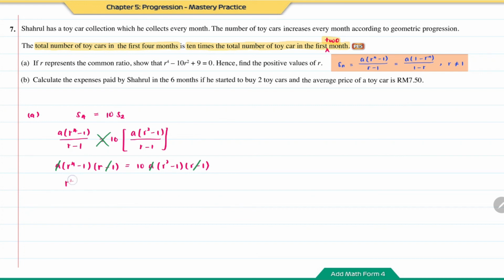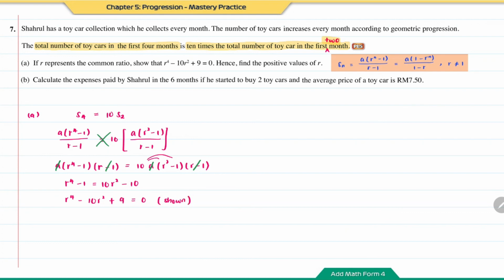Therefore, next we're going to have R to the power of 4 minus 1 equals, expanding this, 10R squared minus 10. So move everything to the left hand side, and you're going to get R to the power of 4 minus 10R squared, then negative 1 plus 10 gives positive 9, equals 0. So by that, we have already shown